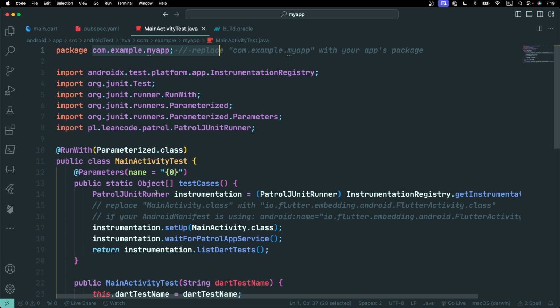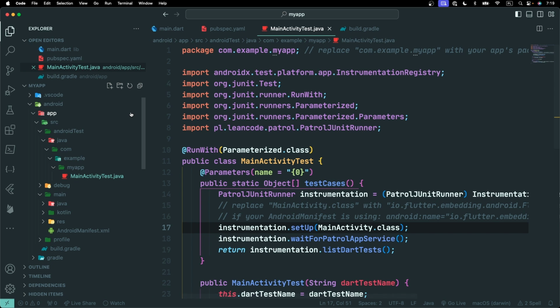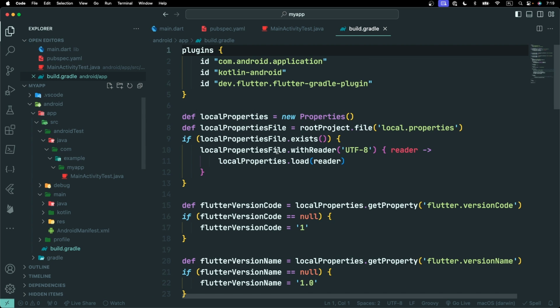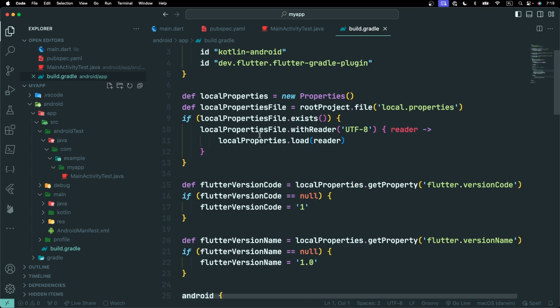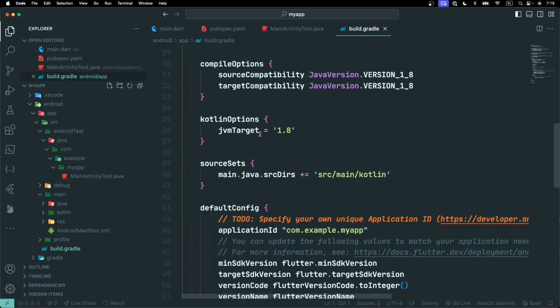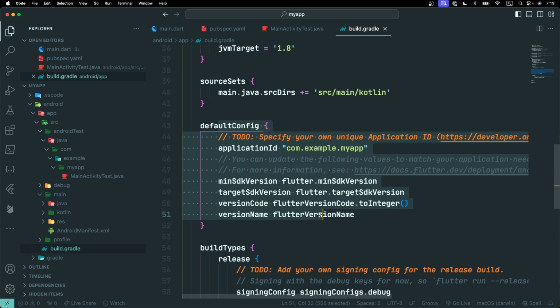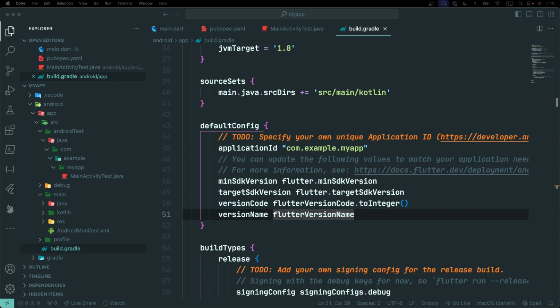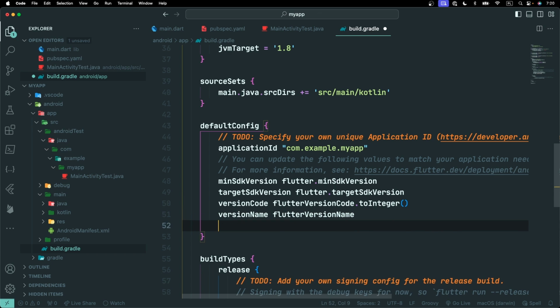And then also you want to replace this main activity.class if you're using native embedding, but we're not, so we can just leave it as is. Now inside the build.gradle file, which is right here inside of the app folder, we want to find the default config section. So right here, default config, and we're going to copy 2 lines from the written documentation and paste